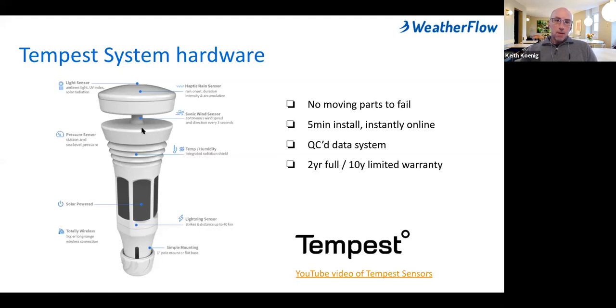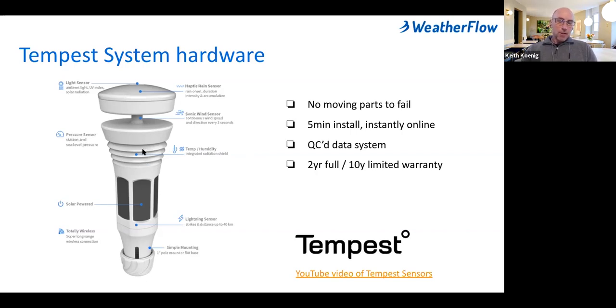A sonic wind sensor, which I'll also get into in more detail. There's a pressure sensor housed in the neck of the device, which reports both station and a normalized sea level pressure. There's a temperature and humidity sensor in this radiation shield.